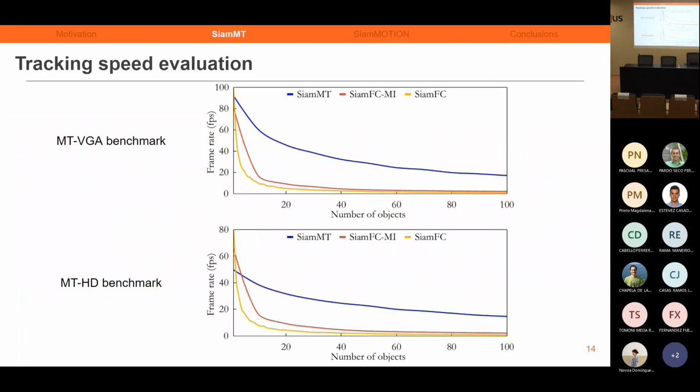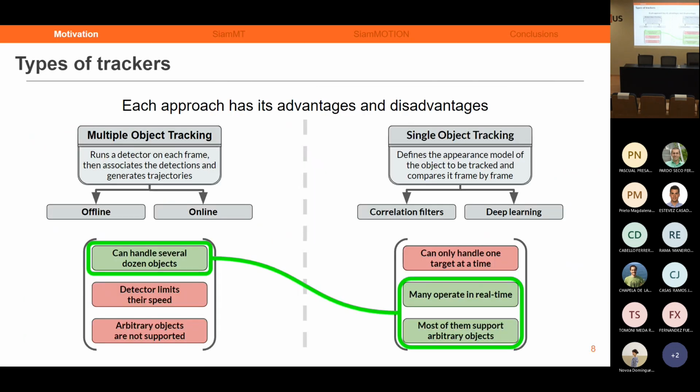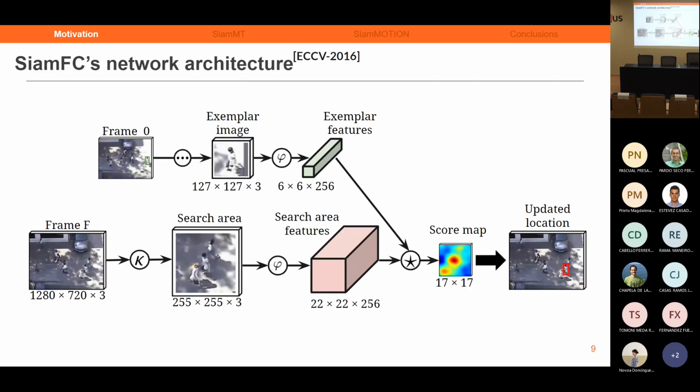For visual object tracking, in the beginning, the most widely used techniques were correlation filters. However, suddenly in this field, a novel approach appeared, SiamFC, with the proposal of these Siamese networks. The idea is to employ a fully convolutional backbone in order to extract characteristics of the images.